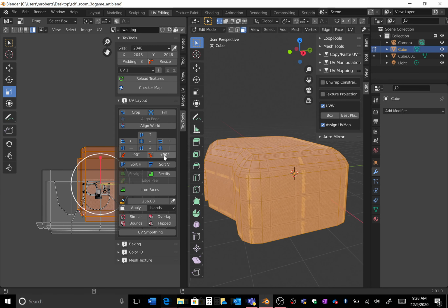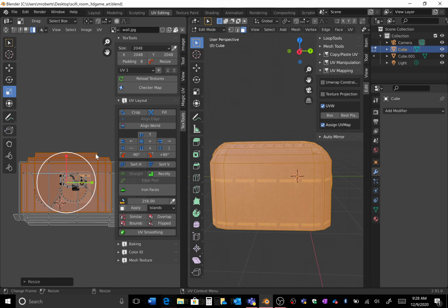But this is one of the reasons why I like scaling UVs, because you have control over each shell. If I did a generic node for this, it's going to do it uniformly for everything. Whereas if I use the actual islands, right, I can control them on a per island basis. And this is one of the neat things about text tools. Not only do we have that checkerboard one,